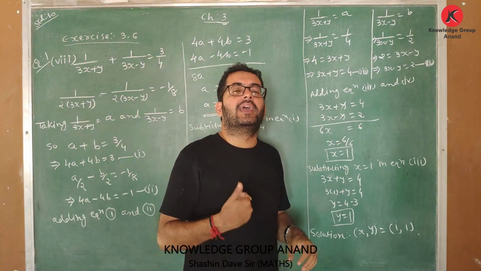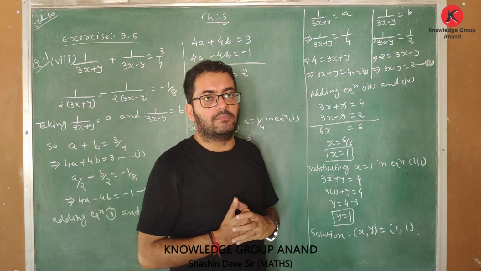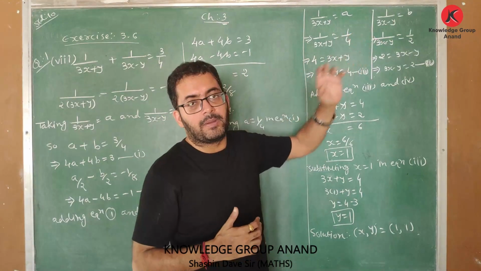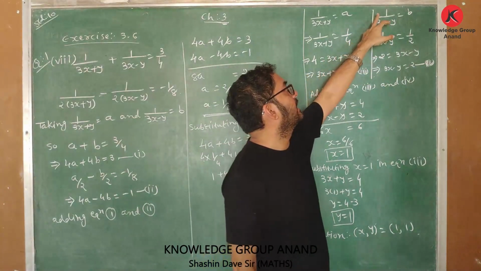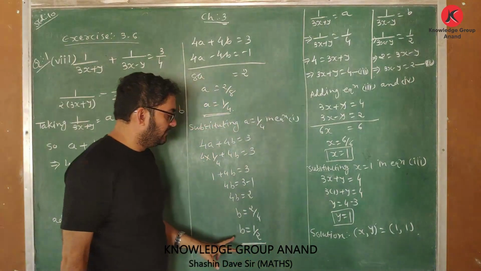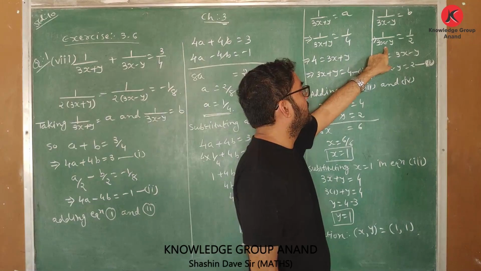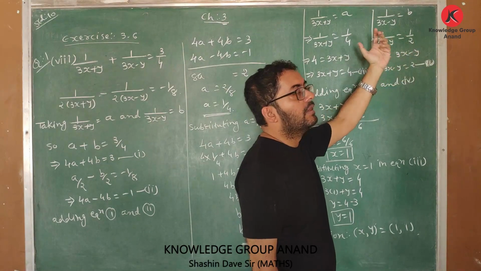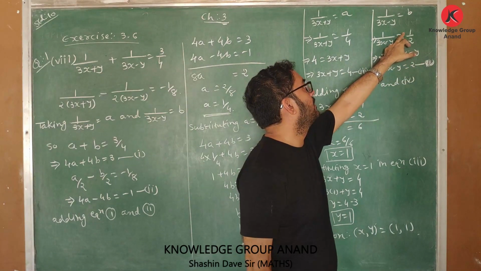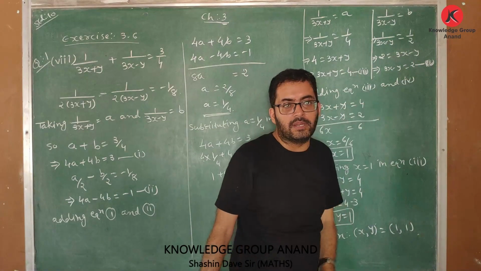I named it as equation number 3. Now to get one more equation, that is equation number 4, I will take the assumption part with b. So I had taken 1 upon 3x minus y is equal to b. But what is the value of b? The value of b is 1 upon 2. So 1 upon 3x minus y is equal to 1 upon 2. When you cross multiply, 3x minus y 1s are 3x minus y is equal to 2 1s are 2. This is my equation number 4.